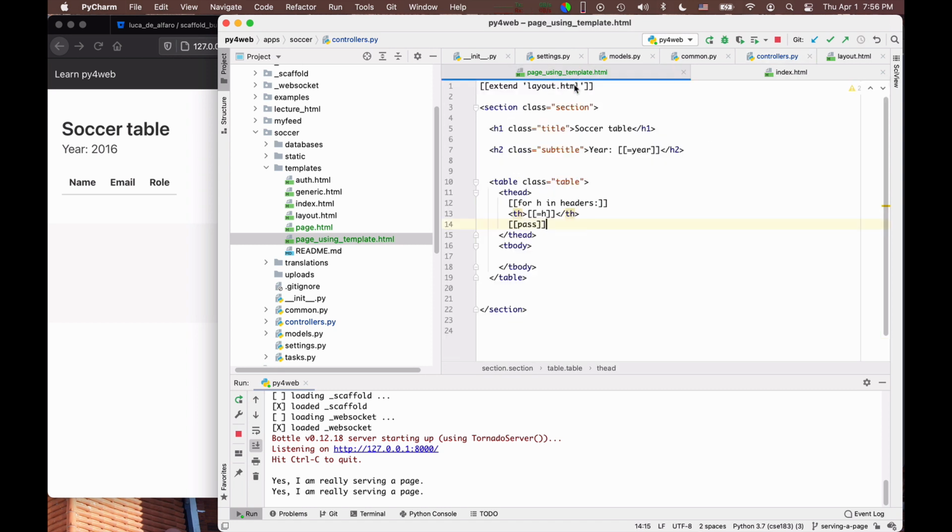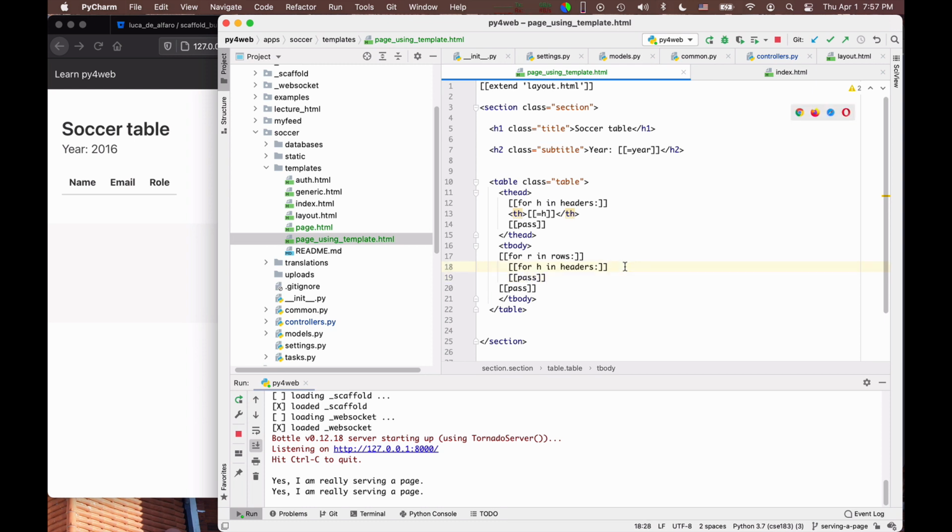And if I go to the template, now I can say that in the tbody I also have to loop here, and so I say for r in rows, and I find it convenient to immediately close it with a pass so that I don't forget. And then what do I have to do? I have again to loop over the headers, because I have to loop over the headers in order to access the dictionary. So I have to put another loop inside this that says, let me indent it, for h in headers, and then pass.